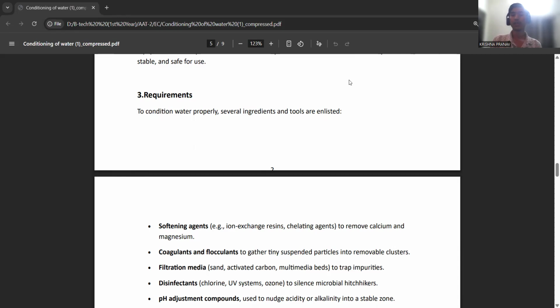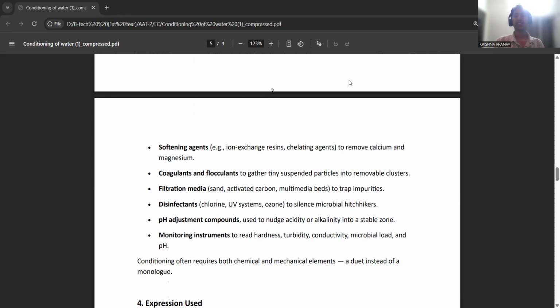Disinfectants, chlorine, UV systems, ozone to silence microbial intruders, pH adjustment compounds used to nudge acidity or alkalinity into a stable zone,